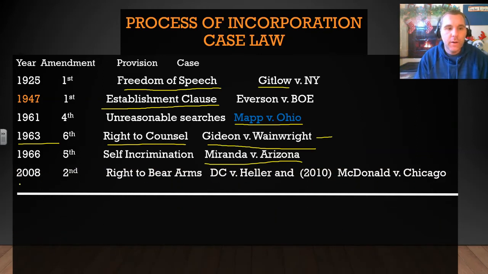Okay. In 2008, you get the right to bear arms. And again, in 2010, McDonald versus Chicago, this now extends that to the states. The states cannot put an outright ban on your ability to own a handgun. They can make it really difficult. They could put fines, they could put implications, they could put background checks, they could put all sorts of things, but they can't put an outright ban on your ability.